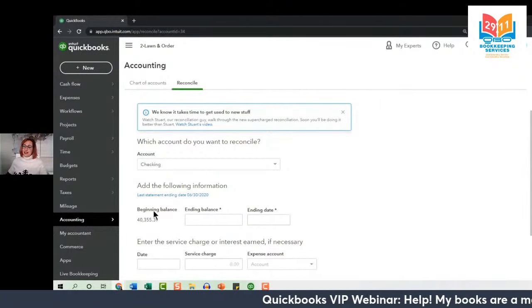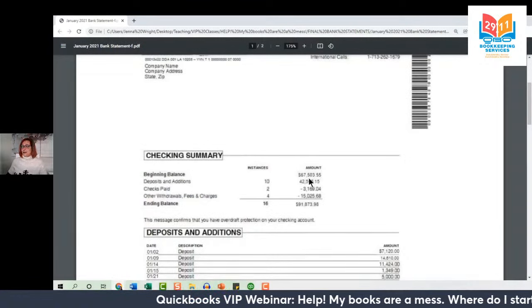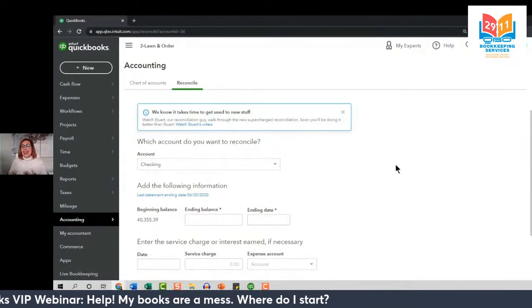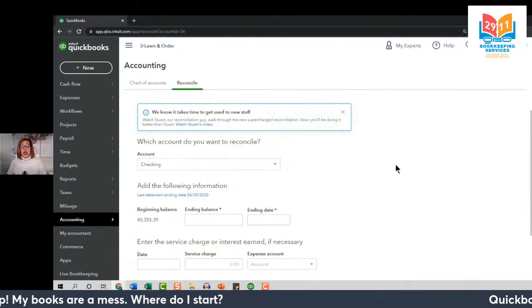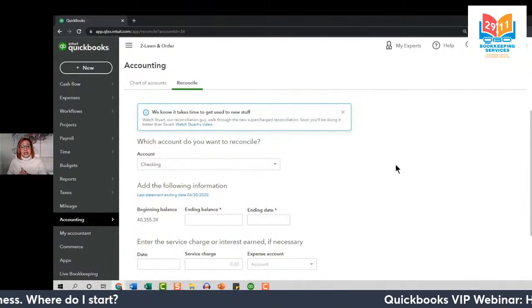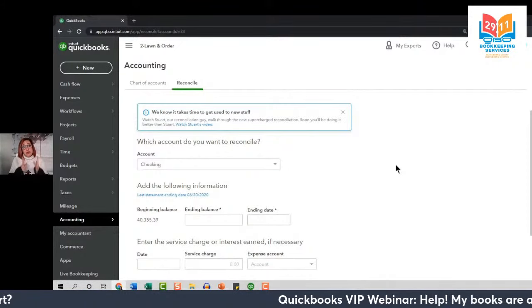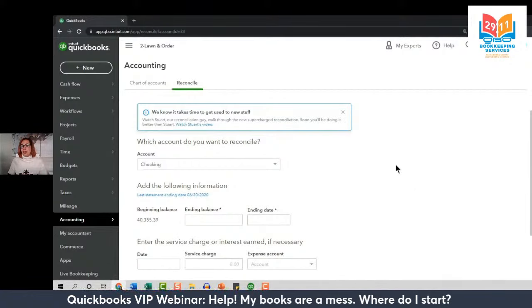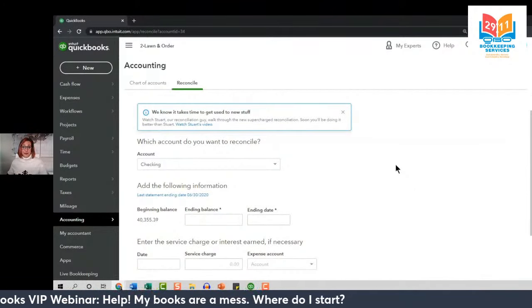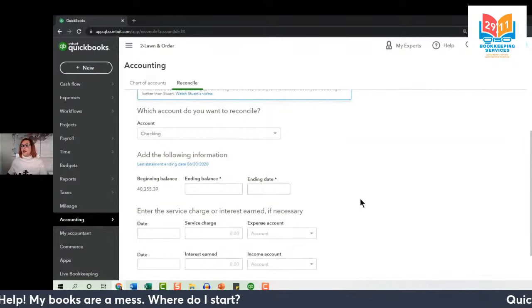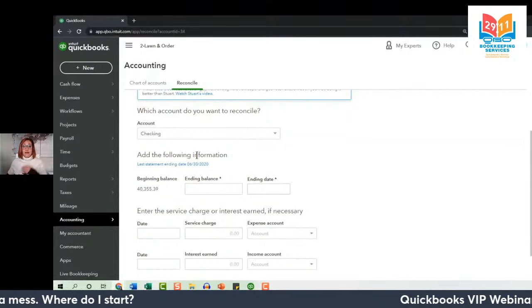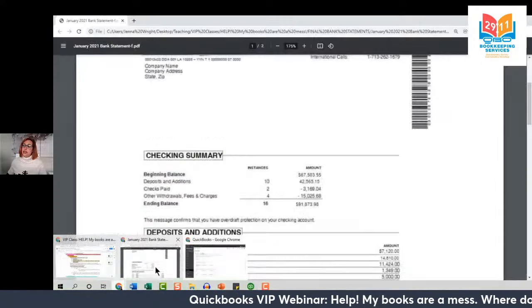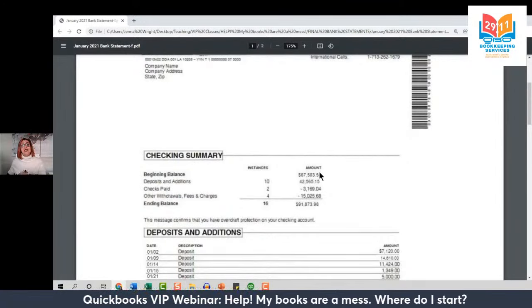And my beginning balance, obviously, that's not going to be the same as what's on my January bank statement. So what can we do? We cannot touch 2020. So we are going to do a mini reconciliation to force QuickBooks to be correct as of that date we need. This is going to feel a little weird, but just follow along with me. On the reconciliation screen, we need to start entering the data from our January bank statement. So the ending balance will be the beginning balance as of the date you need.